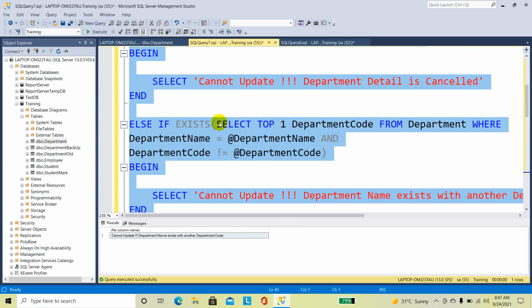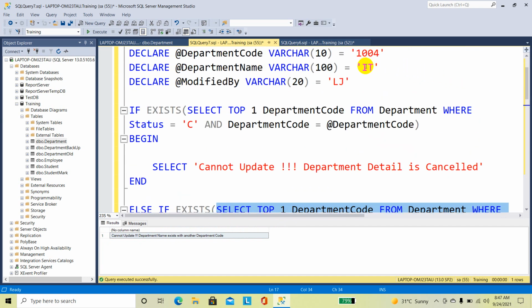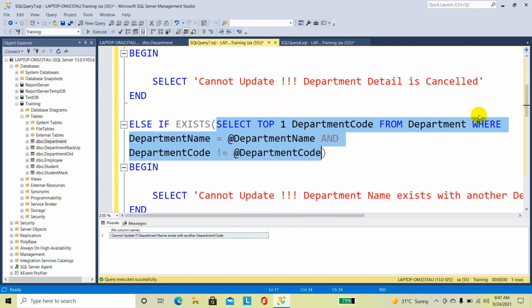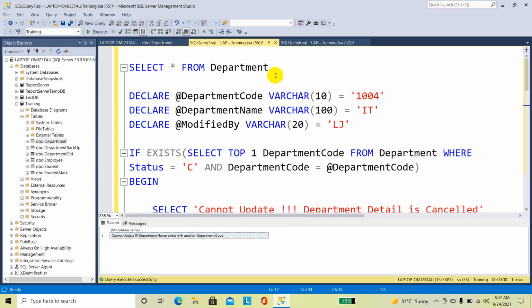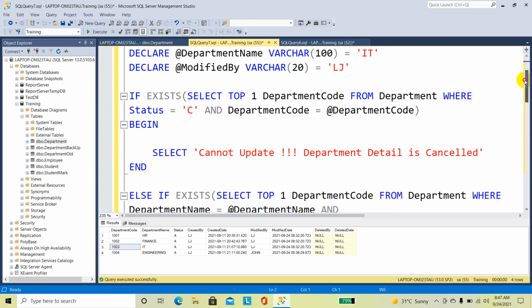So it came to here and it's checking any department name exists with the name IT with a different department code. So I'm going to select all the values from department table. Here you can see IT already exists with the department code 1003, so it is not allowing to update.